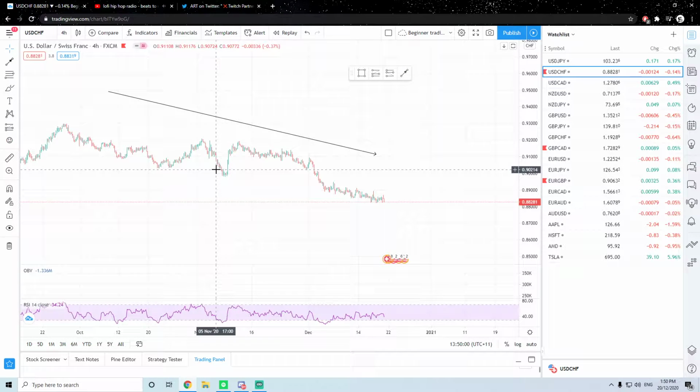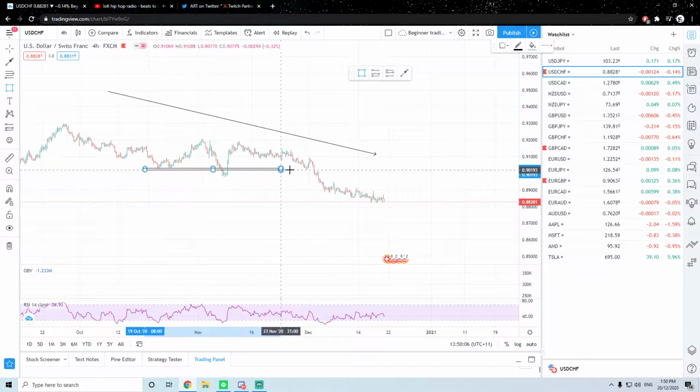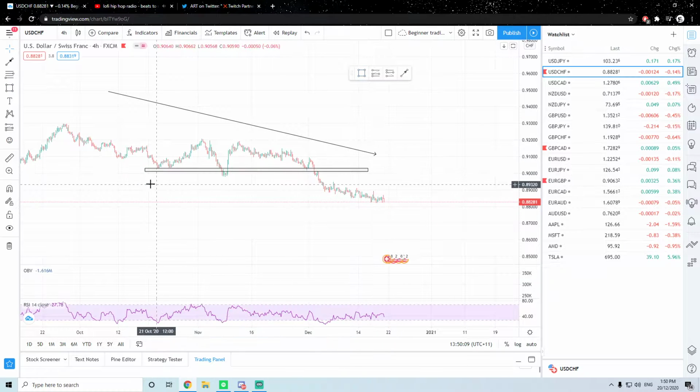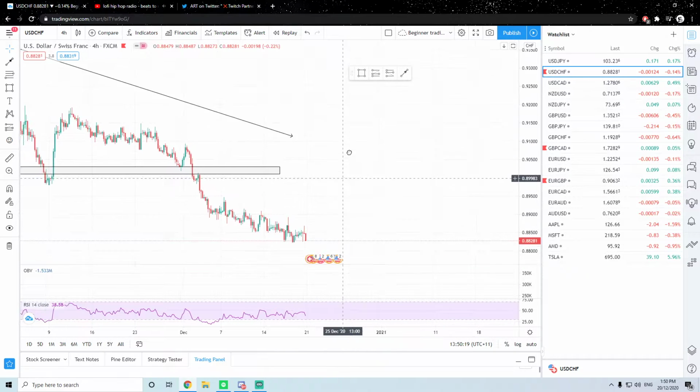Then in terms of levels of support, I can see one right here, so I'm going to mark this one up like that. You can see that it drops below and then it becomes resistance and it breaks it, and then once again it becomes support, then resistance there, then it gets broken. Now if we were to zoom in here,